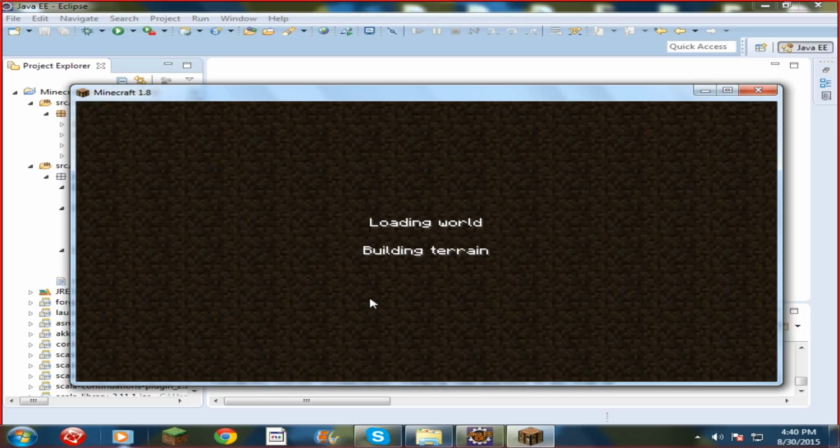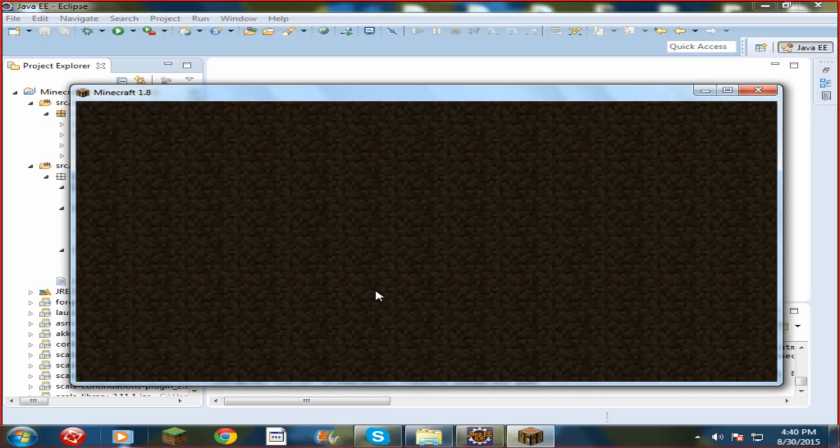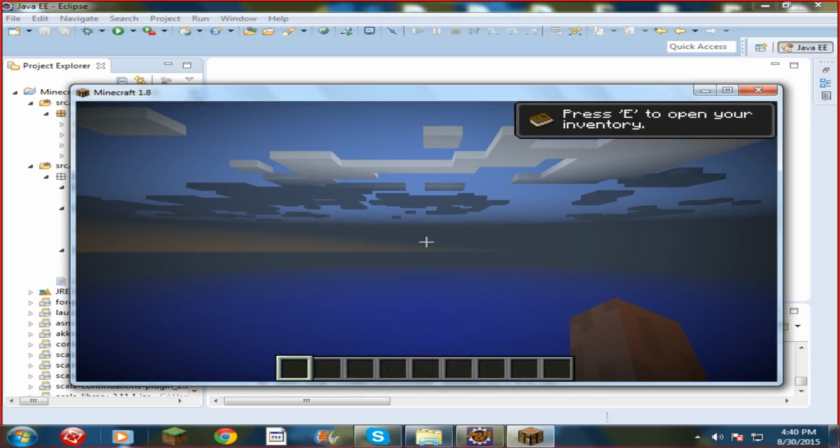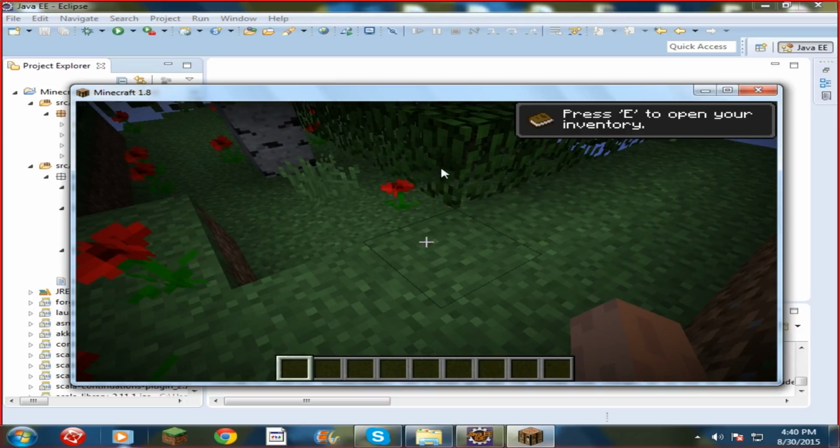M-E-C-H-E-T-E. Okay, I spelled it right. Machete with an E, not an A. Okay, machete. It's like "mech" and then "eat". Spelled wrong. Alright, so we are going to press E and go to that tab that we specified it to, which